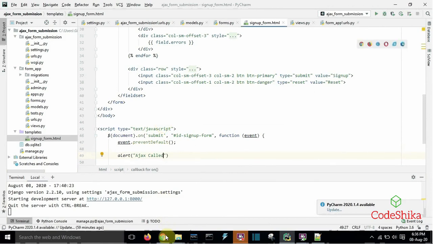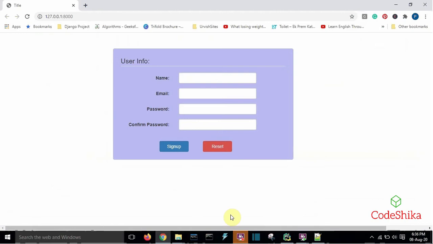First we will check whether this call is working. Now fill this form. Priya at gmail.com. Give the password.